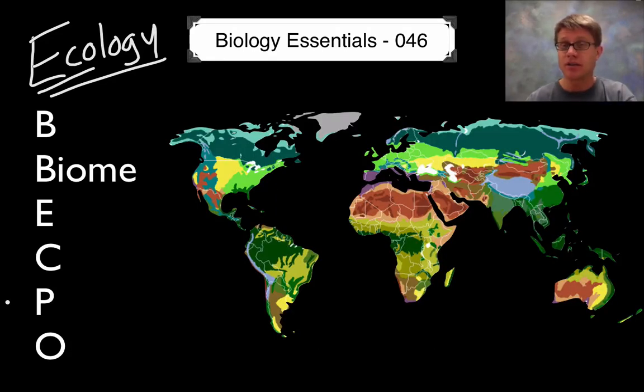Biomes are going to be areas that have similar climate, so that's going to be similar water and temperature over a long period of time. We've got a number of biomes on our planet, so I'm right here in the northwestern coniferous, not quite in Canada, but right there. But we're going to have deserts, we're going to have rainforests, we're going to have the taiga up here, we're going to have the polar areas. So these are all biomes, larger areas where they have similar climate.